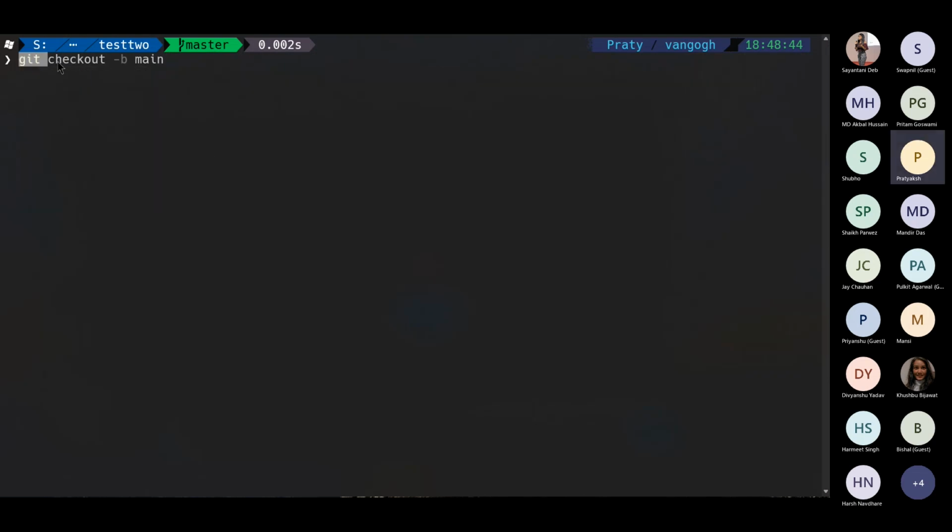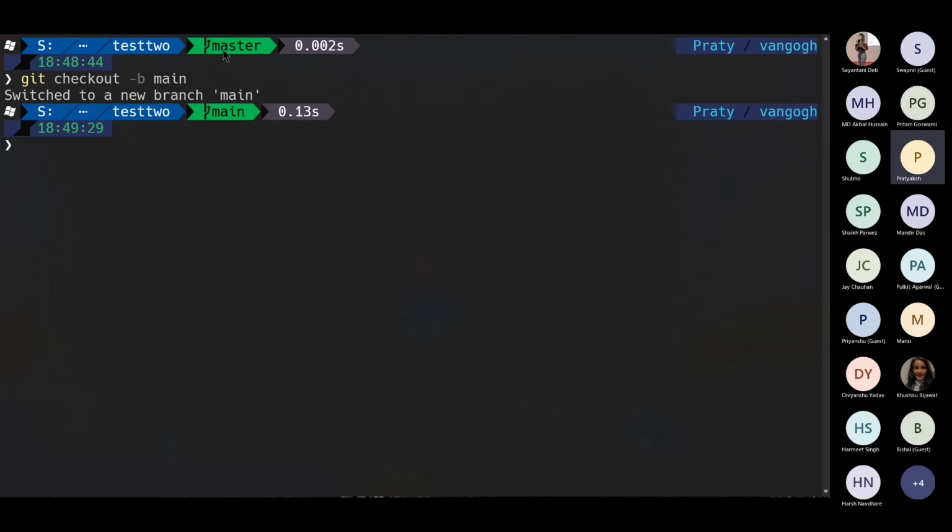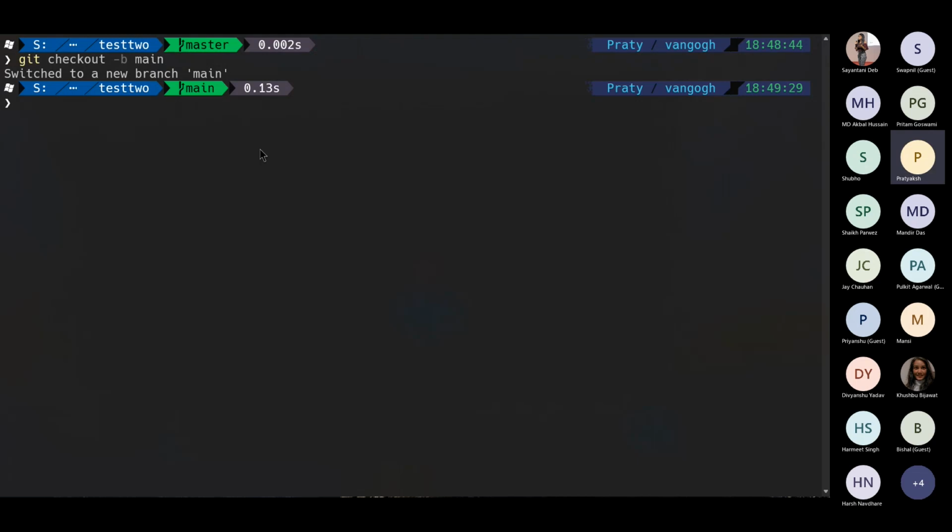Okay, this creates a new timeline from your current state of code. So when I hit this, it switched to a new branch called main. And as you can see, it updated from master to main. So now I can again open VS Code here